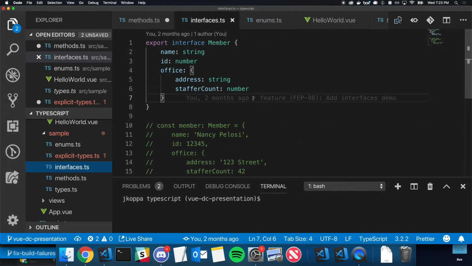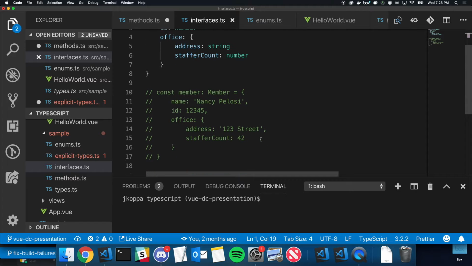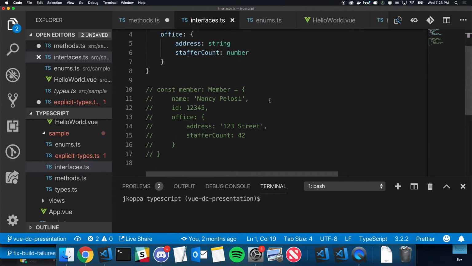So I have my member interface here, and this is the way I know that when I'm using this bit of data, it needs to be this shape, because you can imagine somewhere down the road, 2 directories deeper and in 3 different files, something's going to be expecting a parameter to be passed this way or a function to return this type of thing so that it can access properties that you're expecting to be there. So you need to say, yep, this is the shape of it.